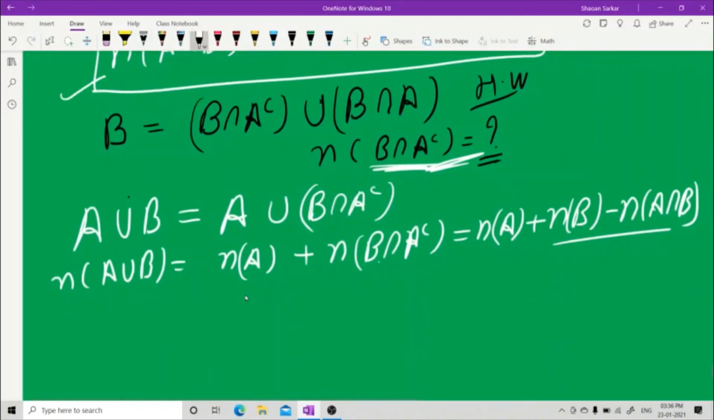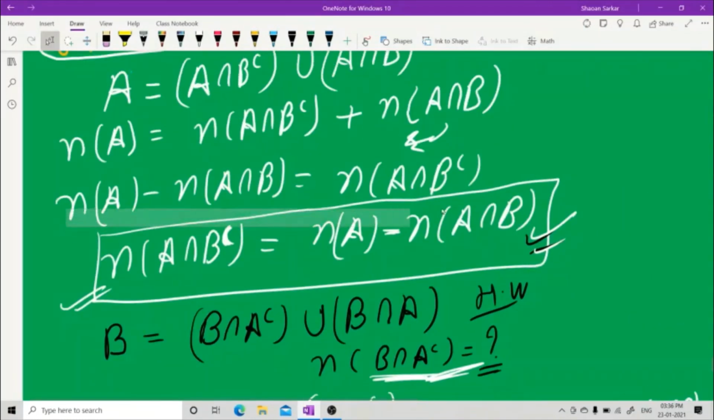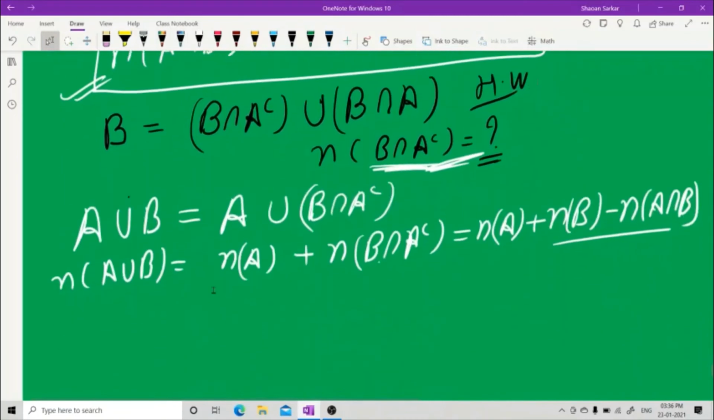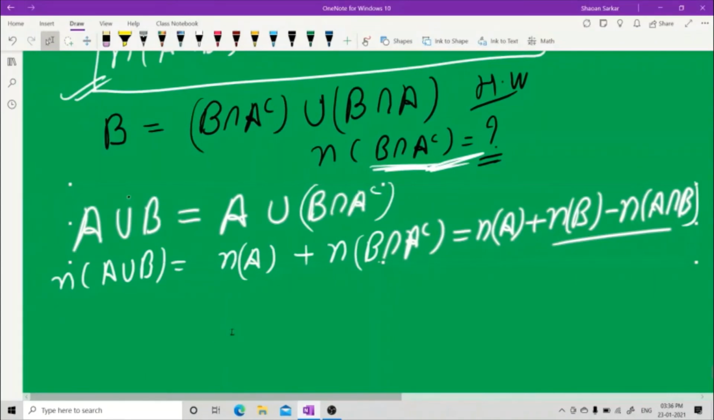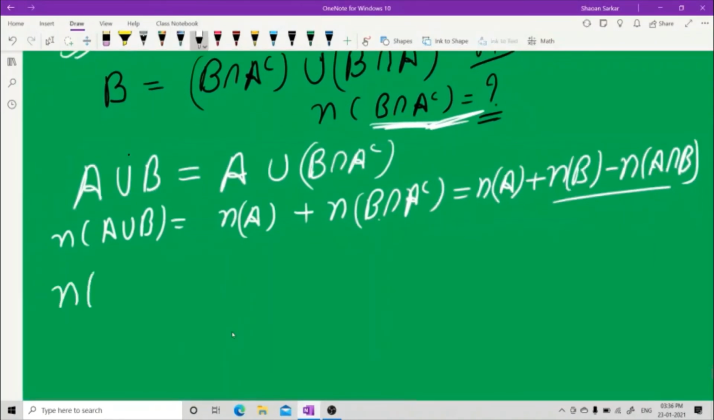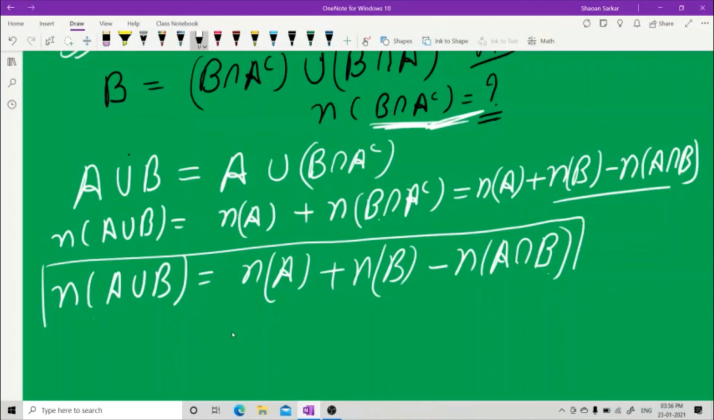This one, the above one, this one. This equation is very important, and the equation I just found now, this one. This equation is very important. Now we will write this as N(A union B) is equal to N(A) plus N(B) minus N(A intersection B). Now, this is a very, very important formula, the previous one and this one. Now let me show you